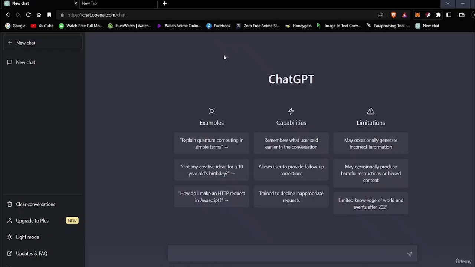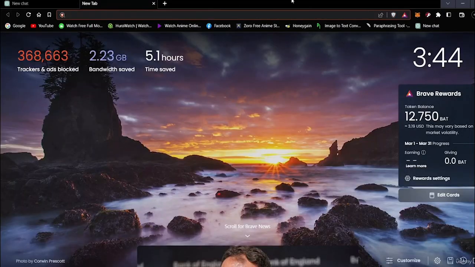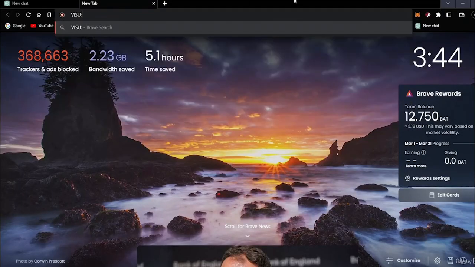Okay, now in ChatGPT we're going to type in some things which are going to give us the code. So we can simply just ask ChatGPT to write us a code about the website that we want to use, or we can just